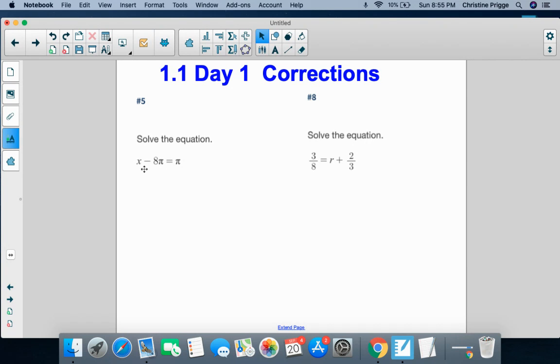So we need to know what this number is. If I subtract 8 pi's from it, it will give me 1 pi. So in order to do that, I need to isolate the variable, the x. And this says minus 8 pi, so I'm going to add 8 pi's to both sides. When I add 8 pi to both sides of the equation, because I'm using the equality property of addition, I end up actually losing